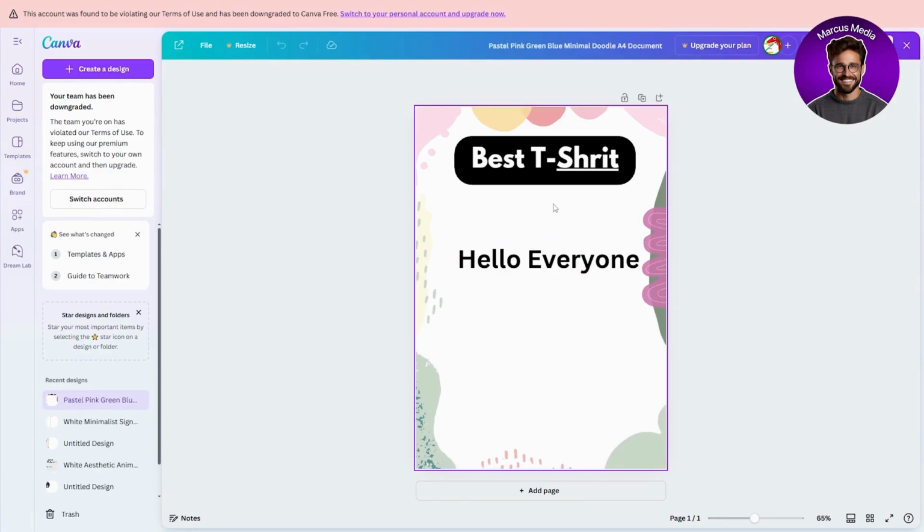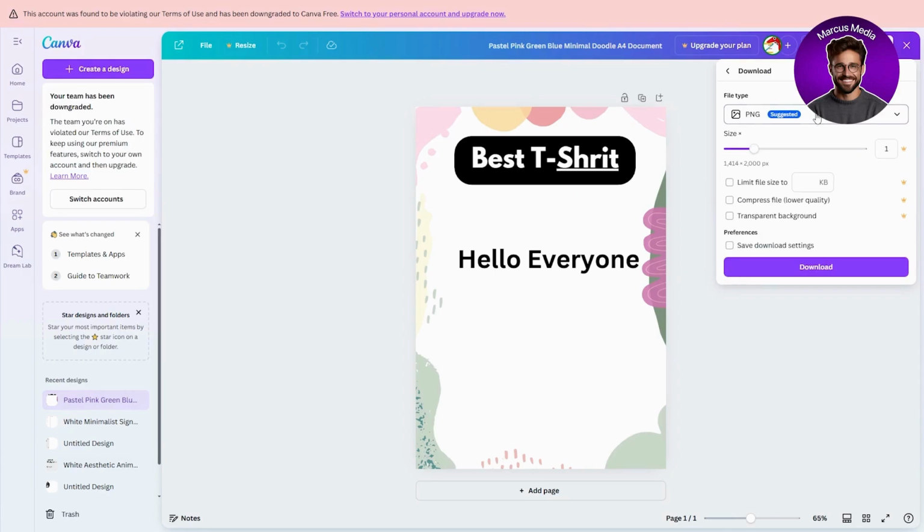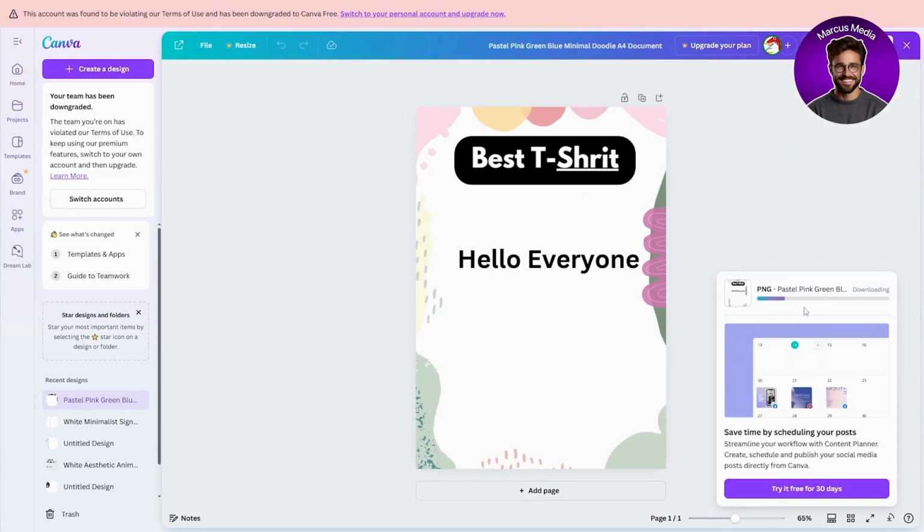Now if you want to save the design itself to your computer, just click on the share button on the top right side, then go and click on download. Choose any file type that you want to use, then click on download, and it will be downloaded directly to